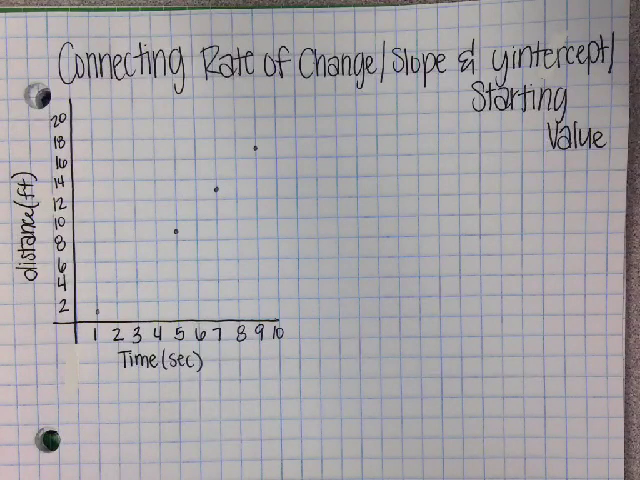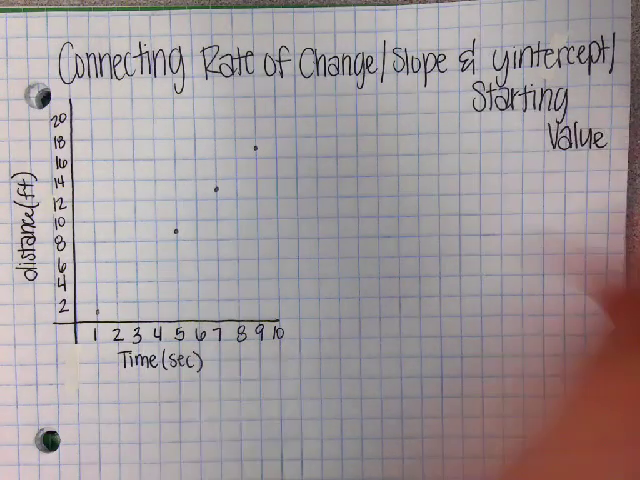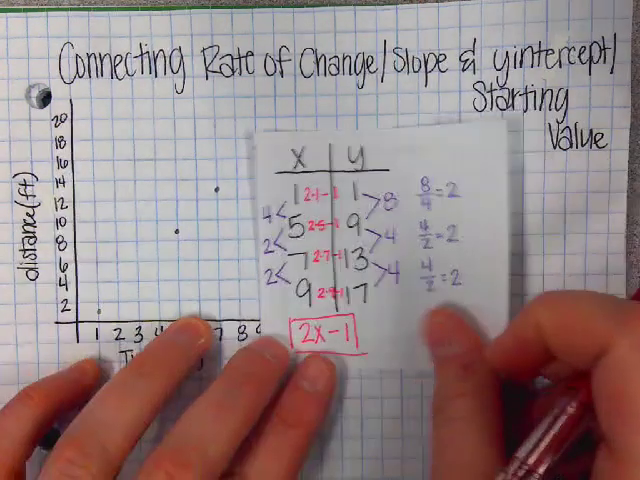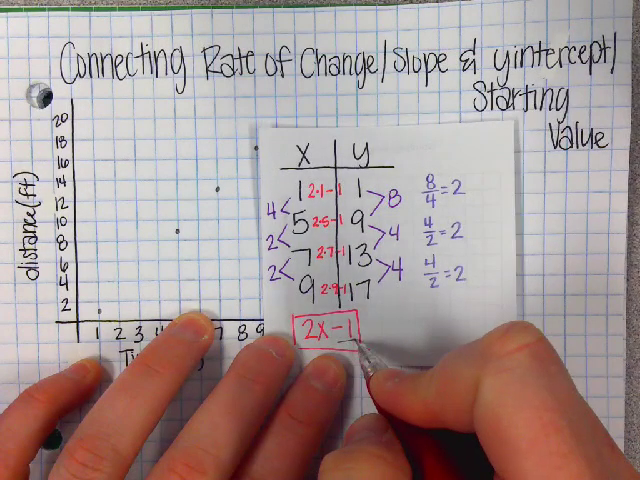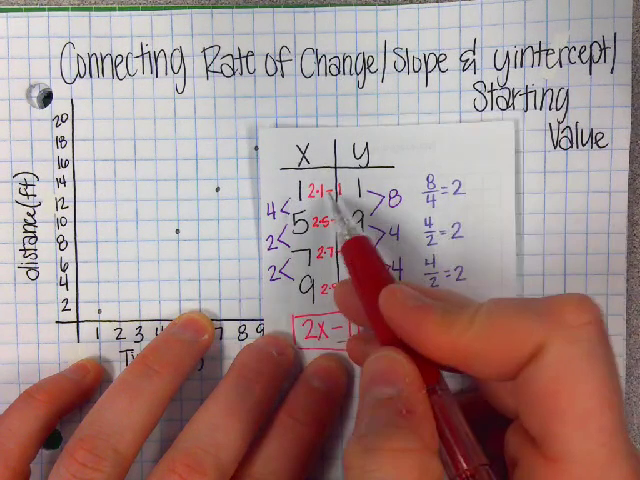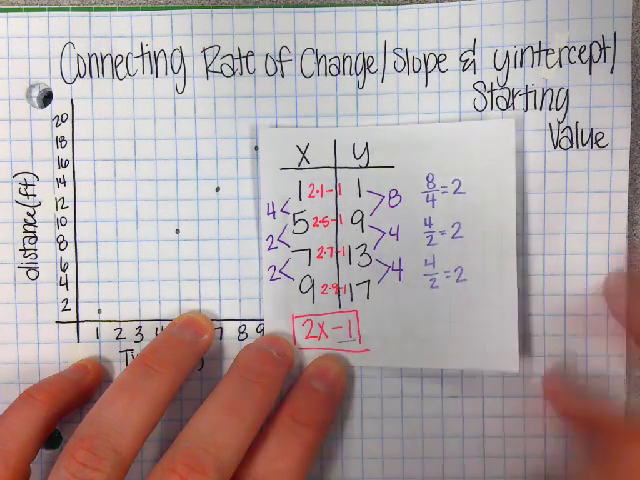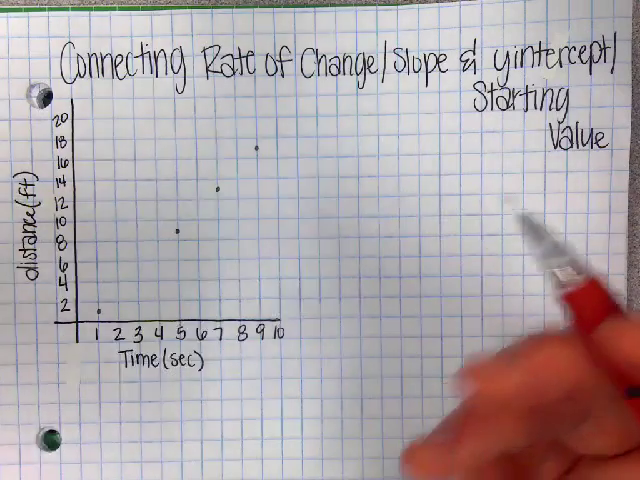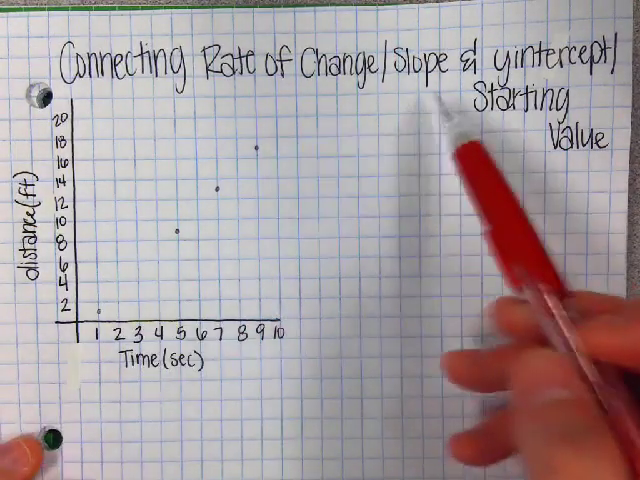So today we'll be connecting rate of change, or the slope, remember those are the same things, and the y-intercept and the starting value. We haven't really talked about these two much. The only reason we've talked about them, and I know some of you caught on, is that the starting value or the y-intercept is this amount. What did you need to add or subtract to get to that number right there? So we're going to look at, if we're looking at a graph, how do I find